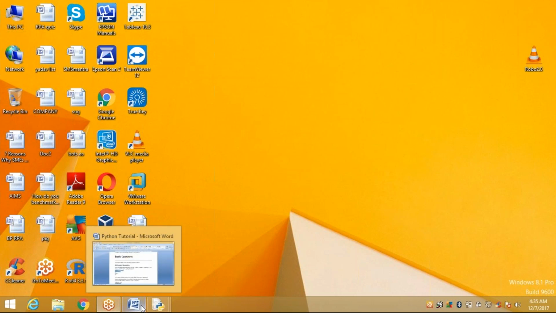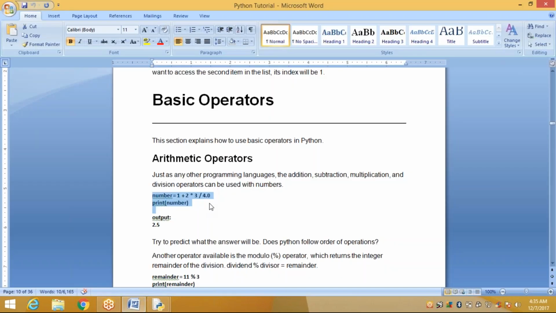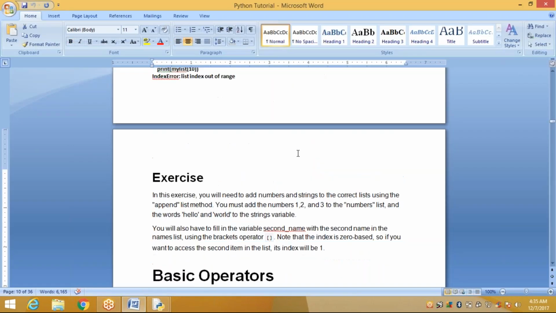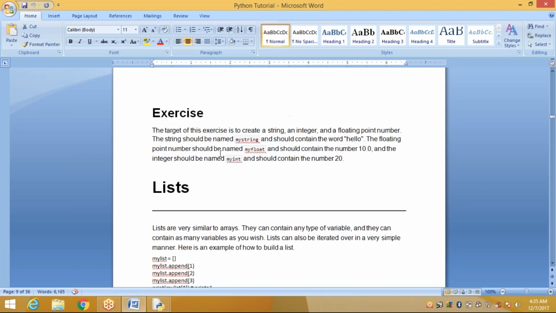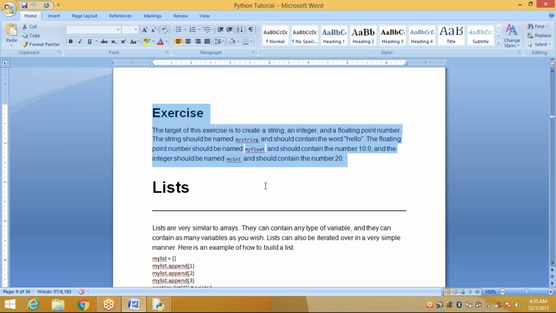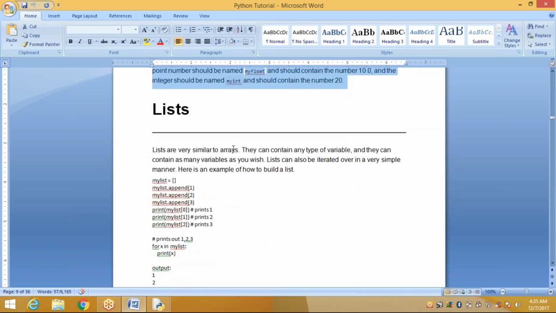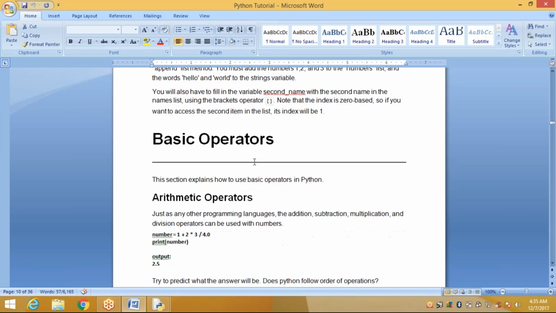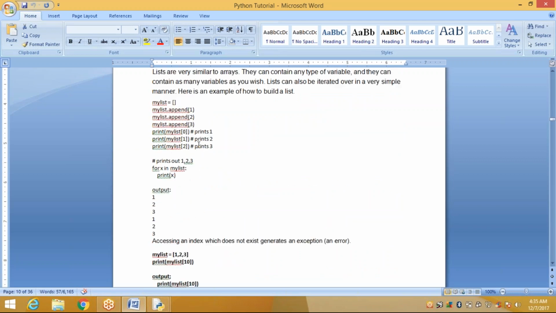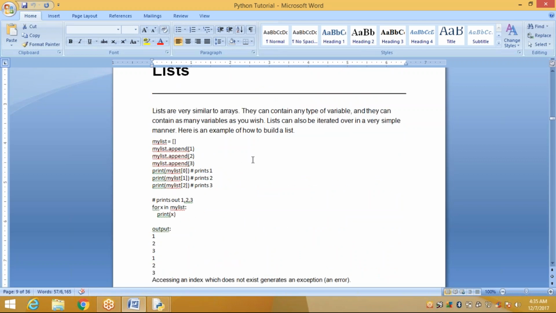Okay. Now, what are the basic operators? We'll discuss the basics. Already up to this we discussed in yesterday's class. Now basic operators like list. So what is a list? Lists are very similar to arrays. They can contain any type of variable.